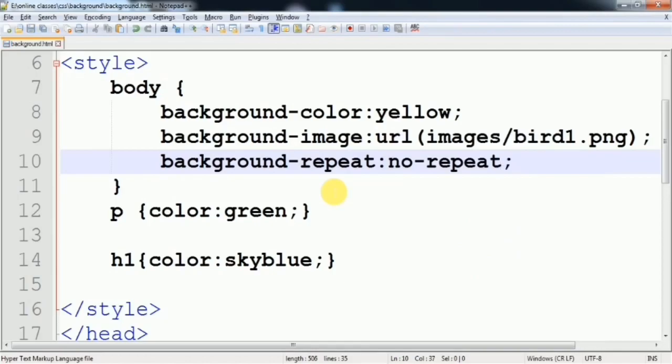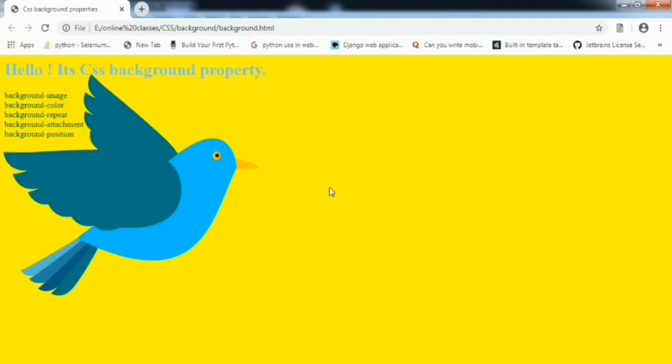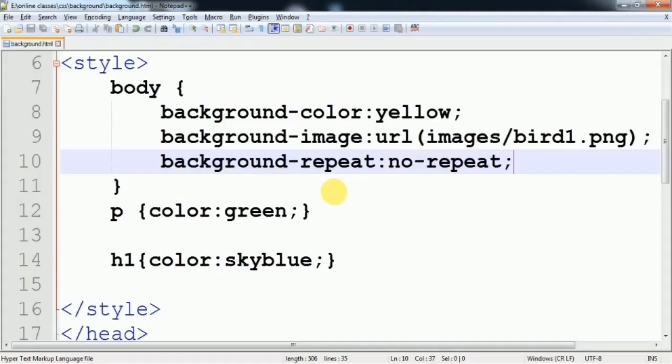So what is the effect of this? Yes, when we give the value no-repeat to background repeat, we can see the picture only once. Is it clear?